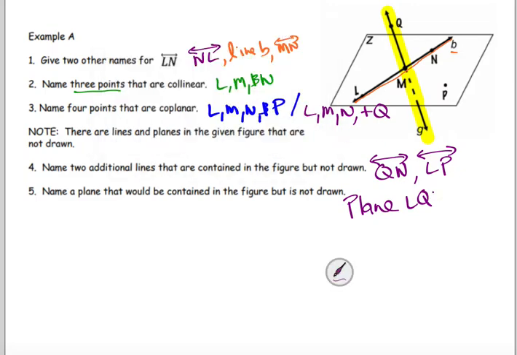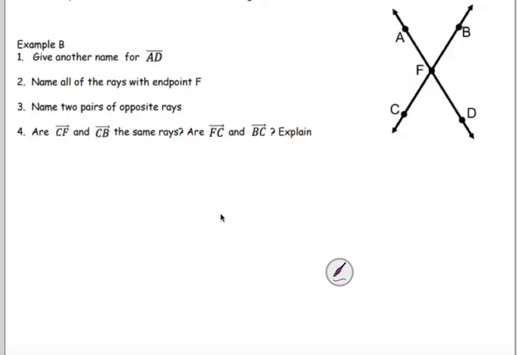So LQN. Example B, give another name for segment AD. So notice you have to be able to tell, what does the symbol refer to? It's referring to a segment. You can rename it by switching the order of the letters, but that's all that you can do to that name. Number 2 here, name all of the rays with endpoint F. There are 4 rays in this image that can begin at letter F, FA, FB,